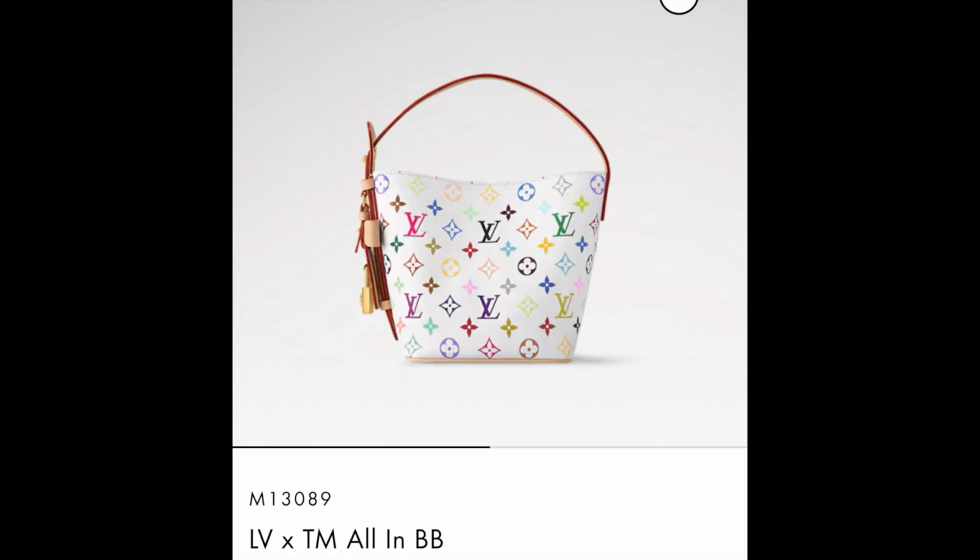In general, here are some of the reasons why I think it would be good to shop this collection. Number one, to get new styles. I'm talking about new styles that this canvas has never been on before. So if you've liked the multicolor monogram before, but like these newer styles, new models that have come out recently, this is a good opportunity to get a new style that hasn't been produced before. My picks from these new styles would be the All-In BB,